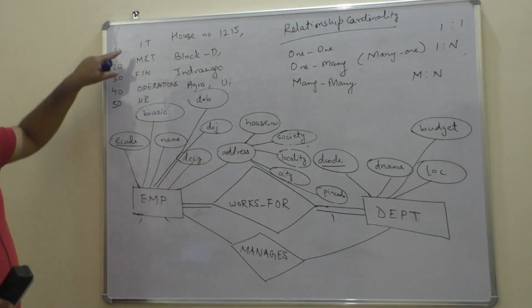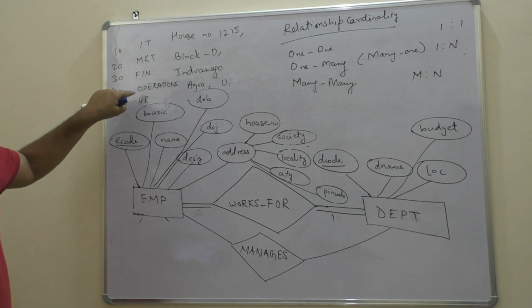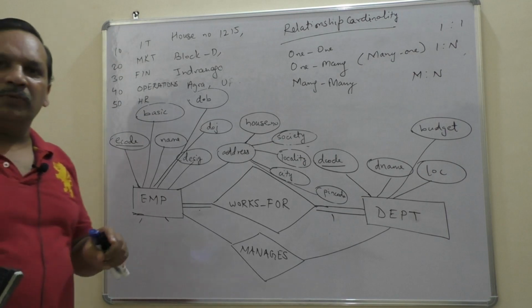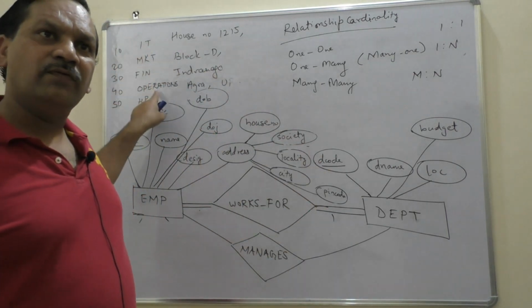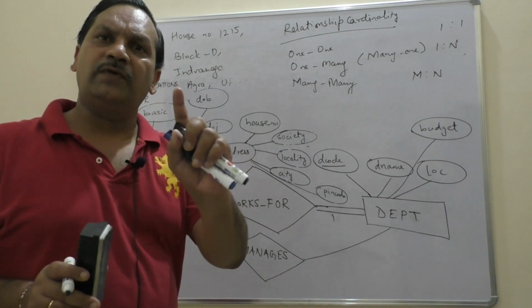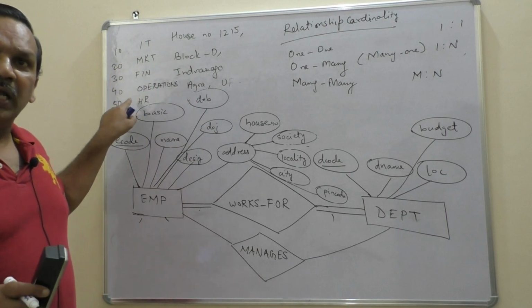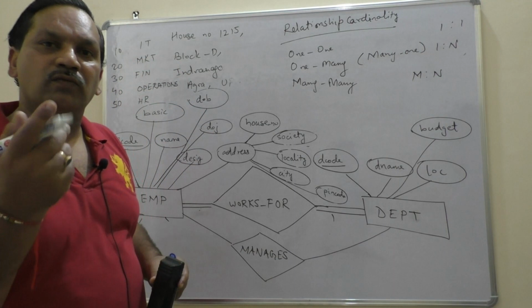So we have got, how many departments we had in our example? IT department, marketing department, finance department. Just taking my example, operation department and HR department. I had how many employees? I said roughly 10,000. Now how many departments are there? Only 5. So I'll be having a head of IT, head of HR, head of operations, head of marketing, and head of what? Finance.